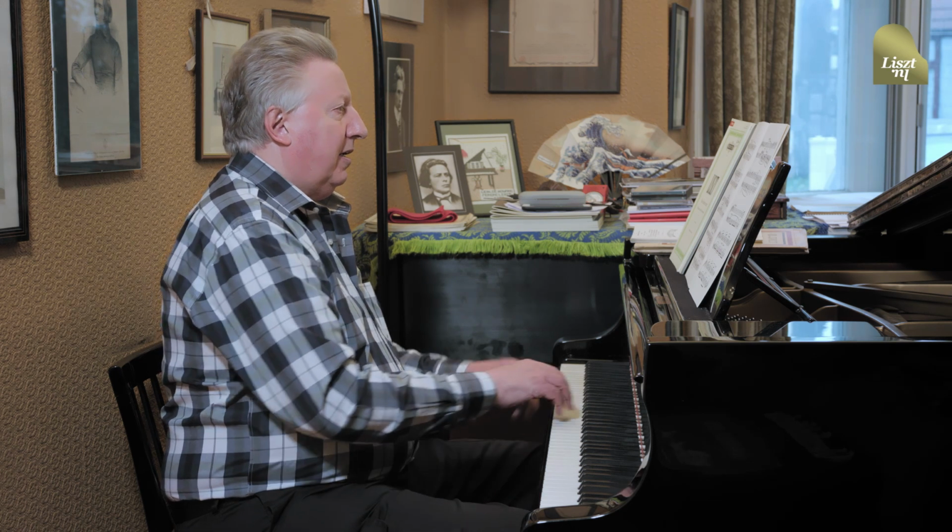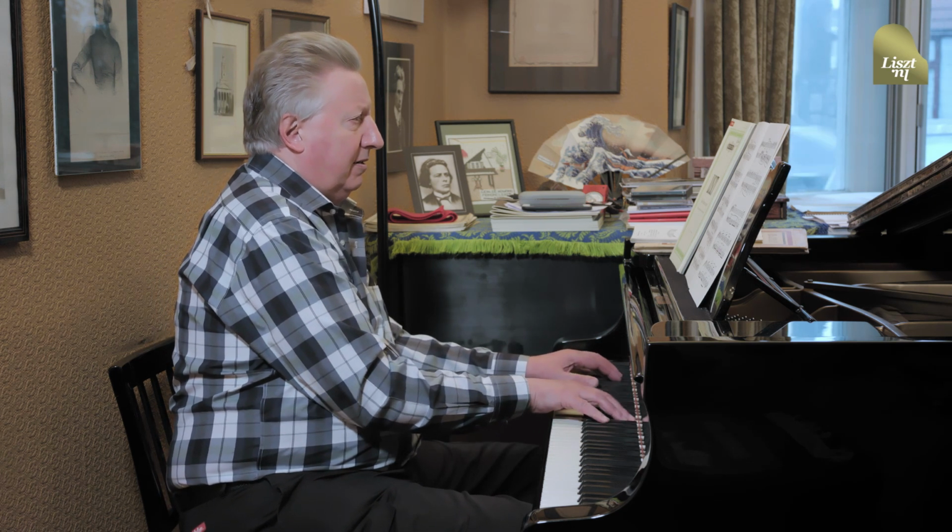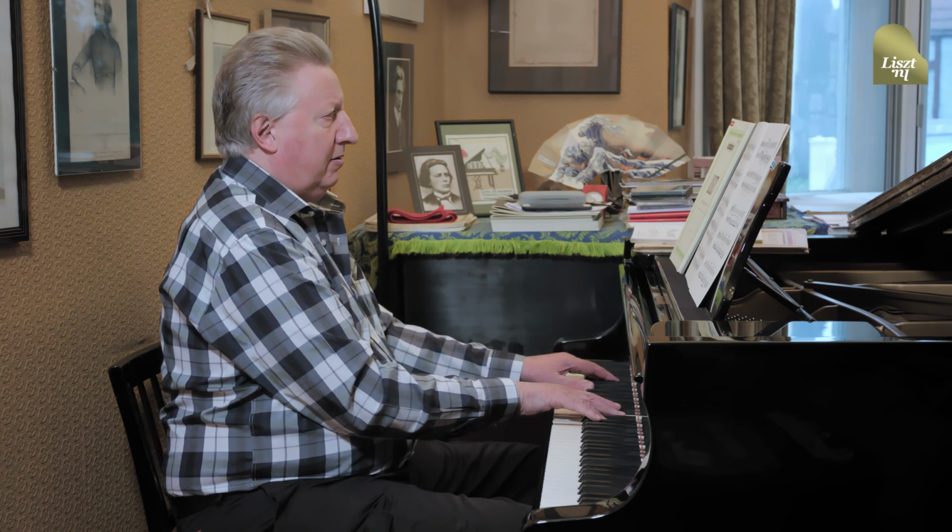has the curious dynamic marking of quasi adagio, which means don't play it too slowly. It's then marked cantabile con devozione, which is one of the few times he used that word, and that gives it its religious implication before you go any further. The melody of this piece is allegedly by the Grand Duchess Maria Pavlovna, and it has a connection with